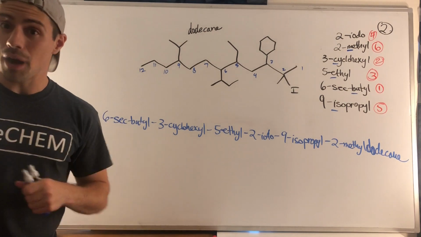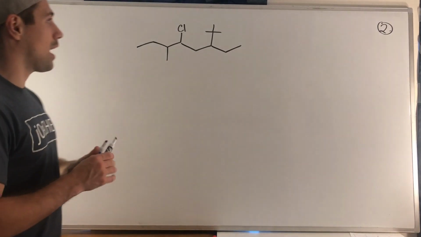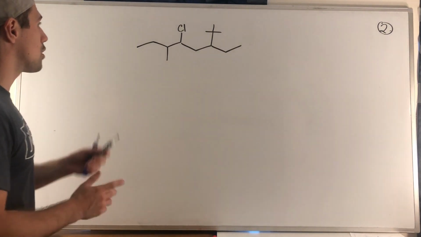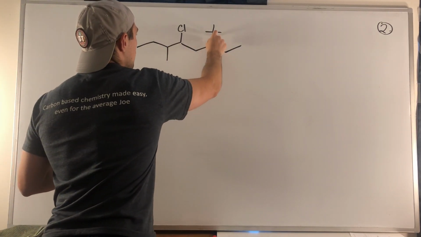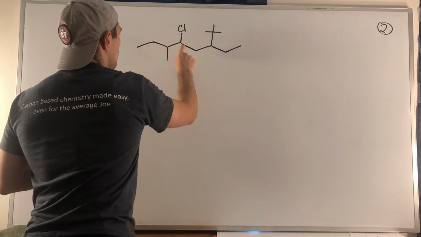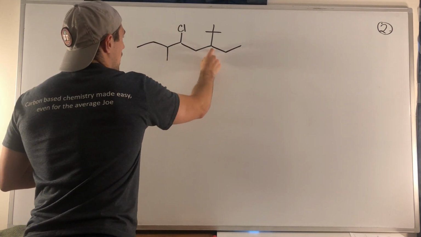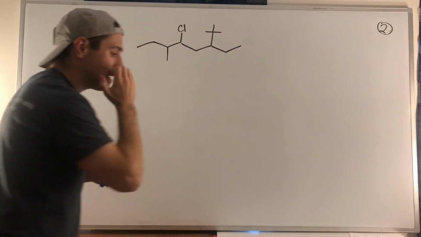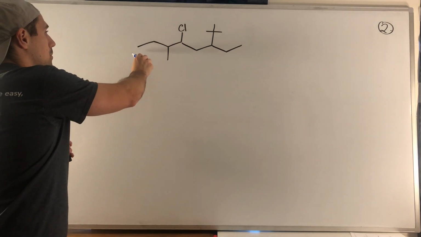Okay, last example in problem 2. Okay, gang, we have a short one to round out problem 2. Okay, so remember, first objective, find the longest parent chain. So if we take a look here, we got 1, 2, 3, 4, 5, 6, 7, 8. 1, 2, 3, 4, 5, 6, 7. Okay, so it's going to be an 8 of some sort, and the 8's going to either go,